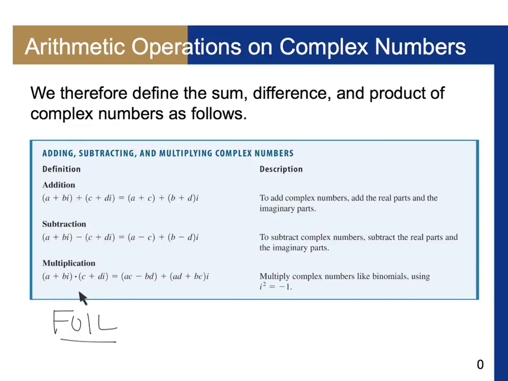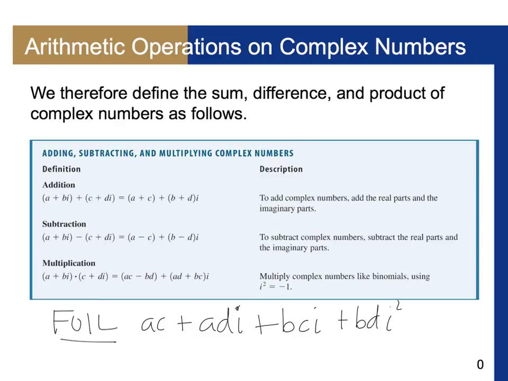The outside would be a times di, so there's the ADI. And then the inside, which is b times c times I. And then the last is b times di squared. Let me write that out just so we see that. So FOIL would give us AC plus ADI, a times d times I, plus b times c times I, so BCI. And then that last one would be plus BD